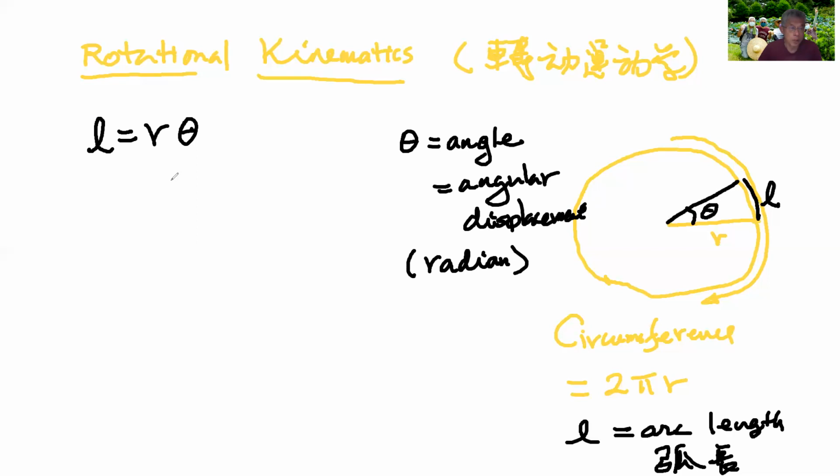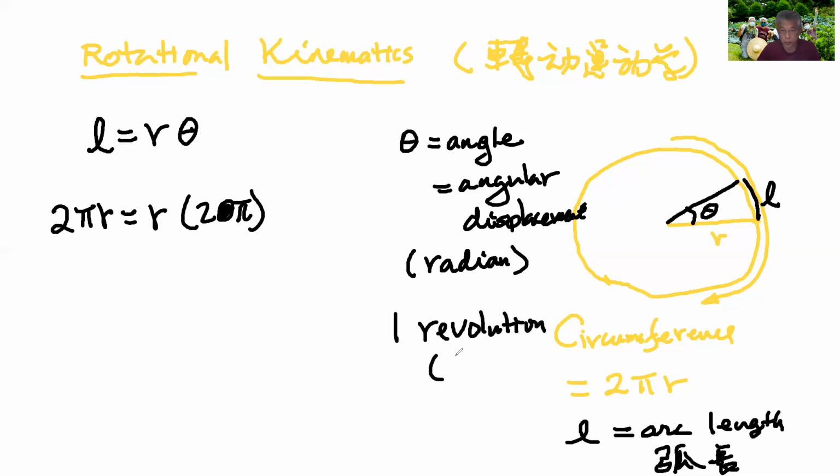So when this goes around the entire circle, you have 2 pi r here, and then this theta here will be 2 pi. So when you go around one revolution,